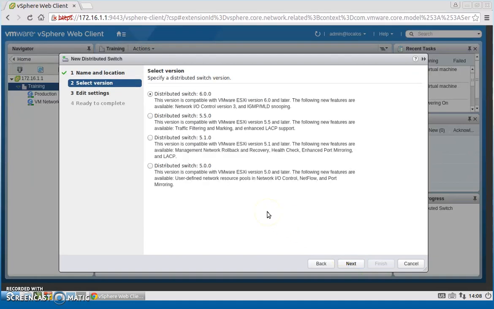We have different distributed switch versions. We're going to select the highest version, which is 6.0. For backward compatibility, you see that you can select different versions. Here's one for 5.5, for 5.1, all the way back to 5.0. So you notice that before 5.0, we did not have the ability to create one of these distributed switches, at least not supported on here. So we've got 6.0. This is going to provide additional functionality. It's going to give us network I/O control version 3 and IGMP MLD snooping, which has a lot to do with our VLANs,